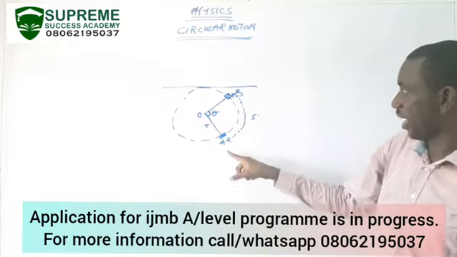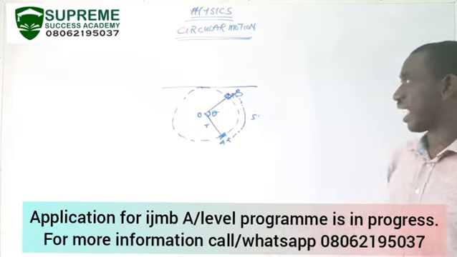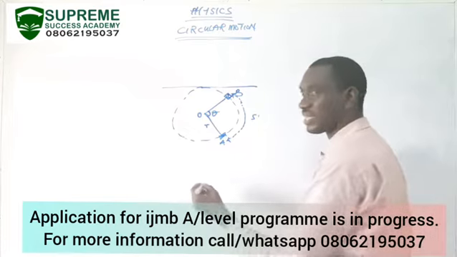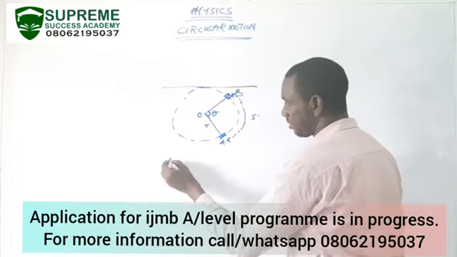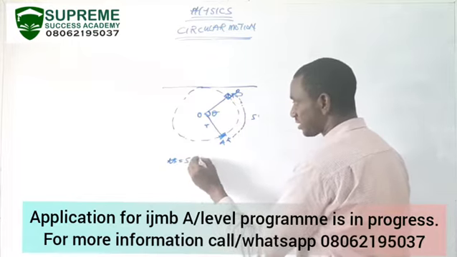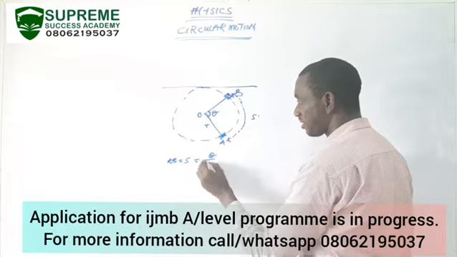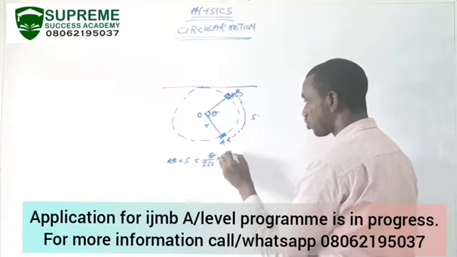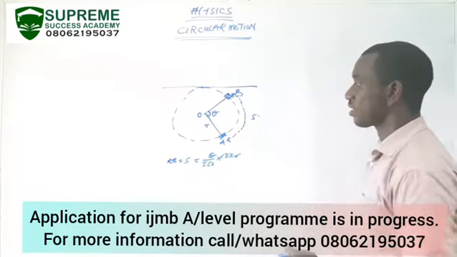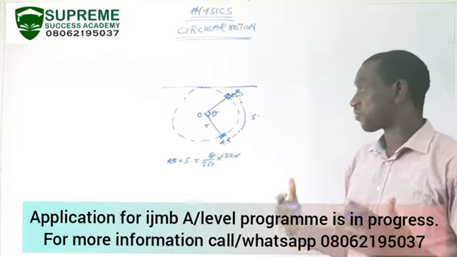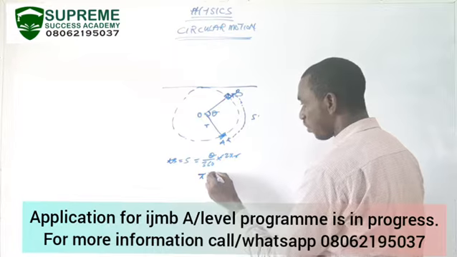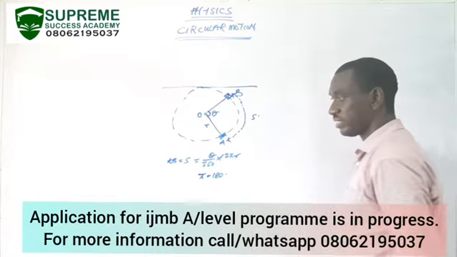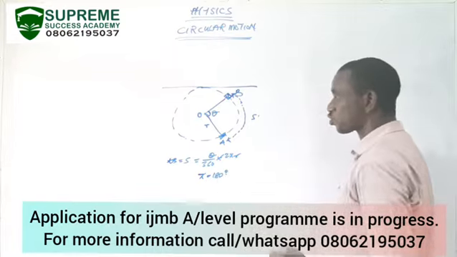So the reason I deliberately stop here is that we have something we call an arc. You can see that your AOB is an arc. And you have been taught in your mathematics that length of an arc, which is the same thing as AB, is equals to S, is given by theta over 360 times 2 pi r. So that is the formula for length of an arc. Then for your theta to be what? 180 degrees in degrees. Your theta equals 180 in degrees.